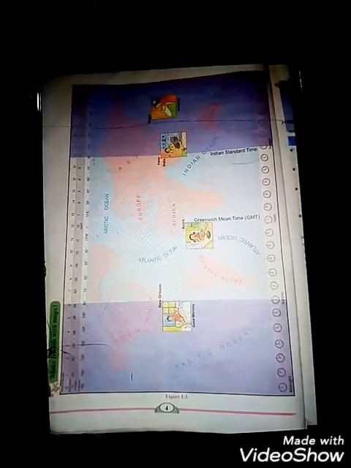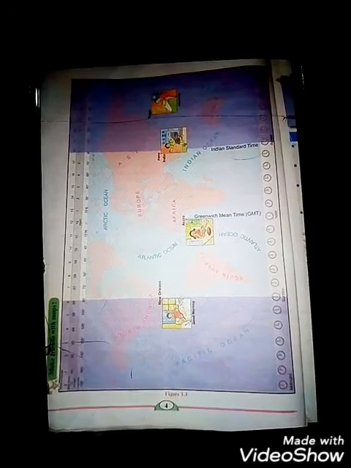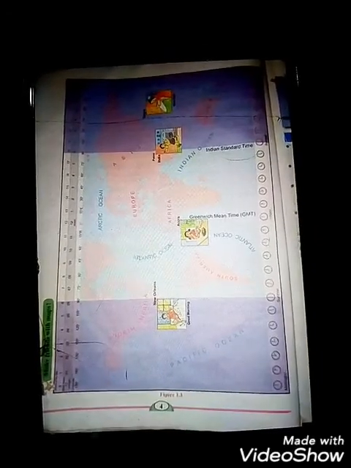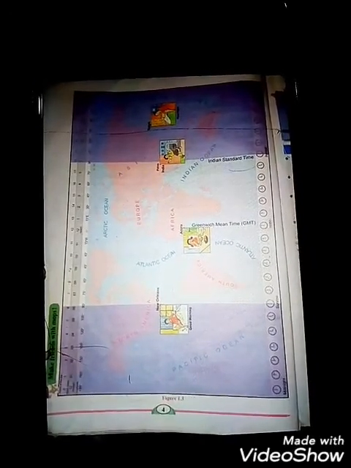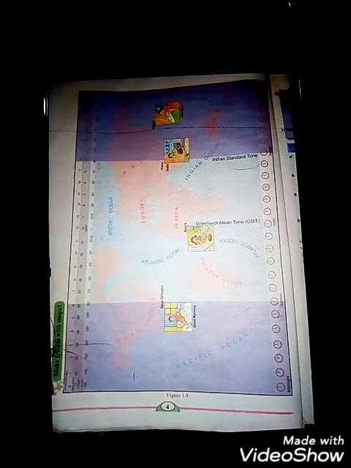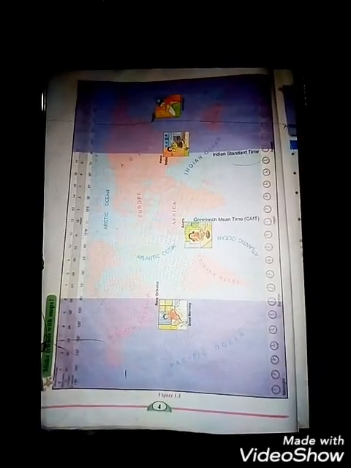See students, a map is given here. Midnight, noon, everything is given here, hours also. I see here in the figure the Pacific Ocean, North America, Atlantic Ocean, and Indian Standard Time is the same. Let's see Greenwich Mean Time, GMT. You have to learn this map, and I will solve 3-4 questions. The remaining you have to do. This map is given as homework. It is activity based, so you have to do this.